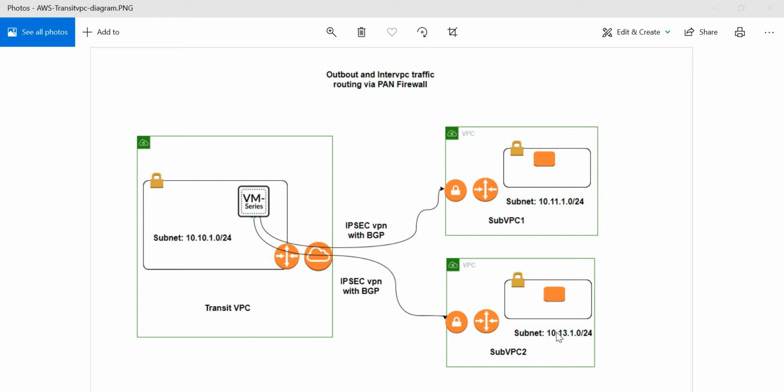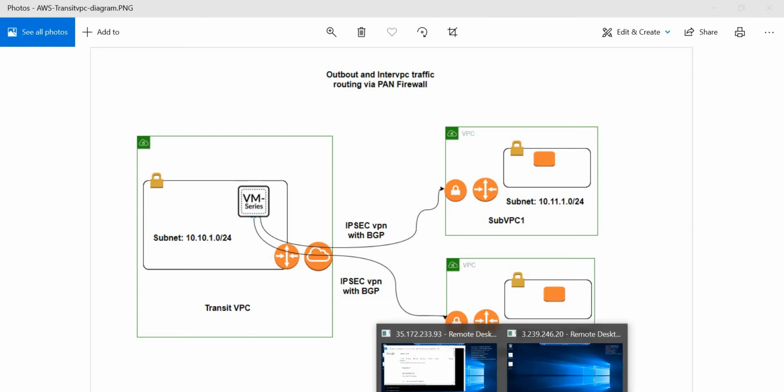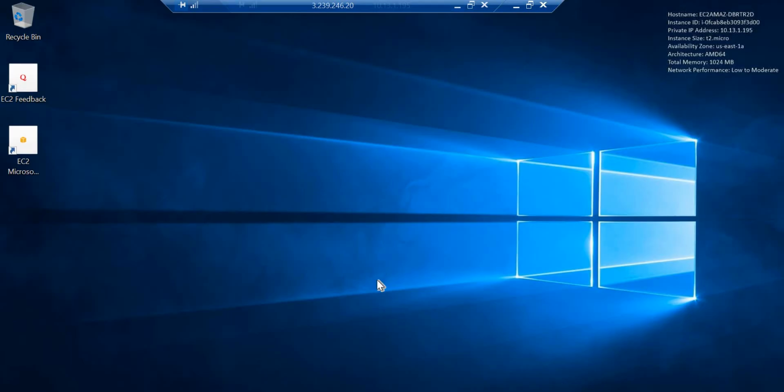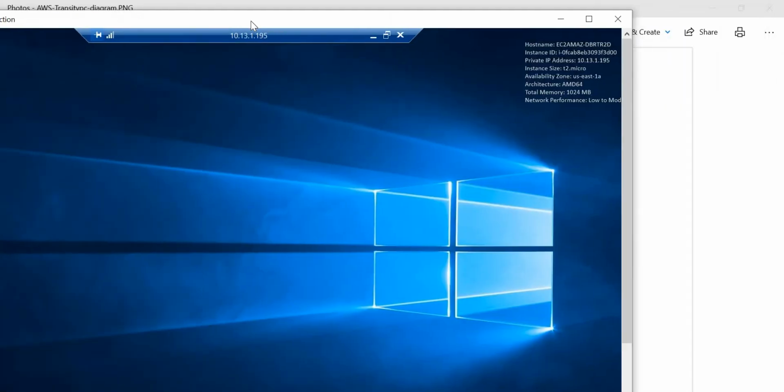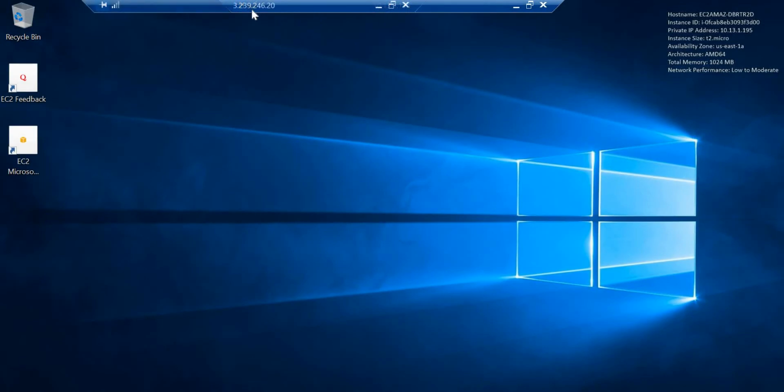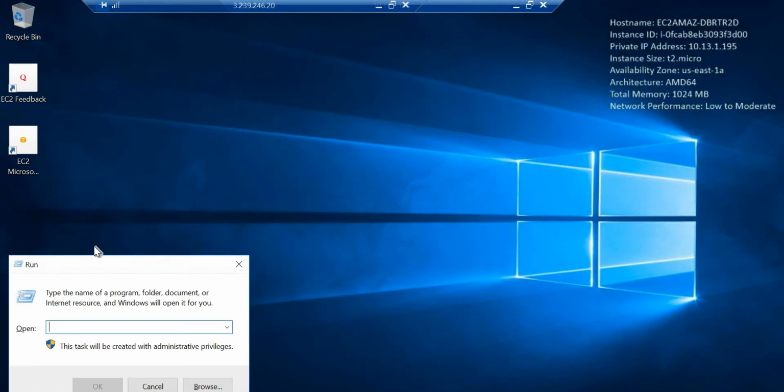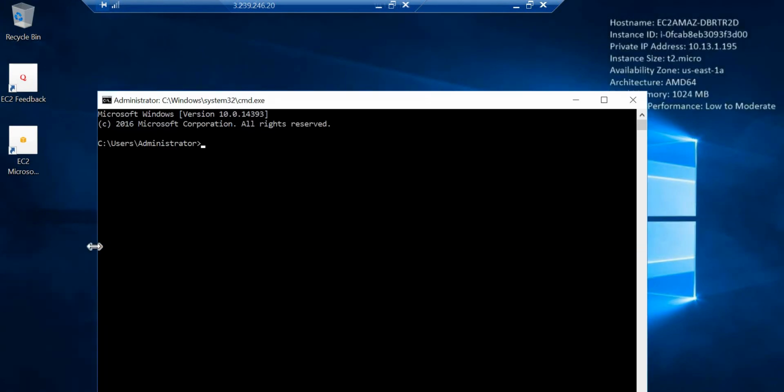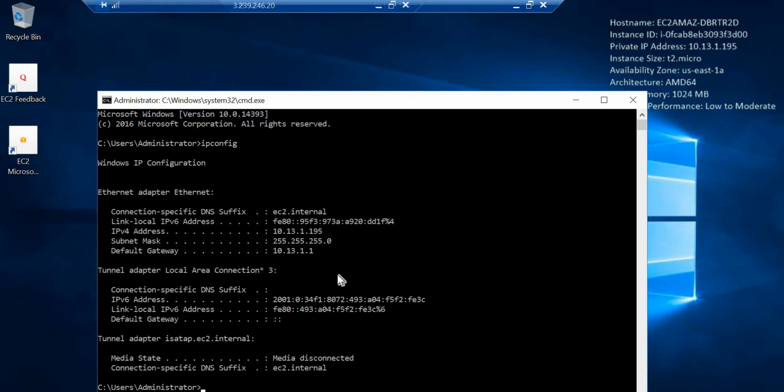Okay. Now let me log into this instance in the subscriber VPC 2. I have a jump box in that particular VPC. From that jump box, I have taken RDP into this system. Now if you can see, the IP address of this instance is 10.13.1.195.